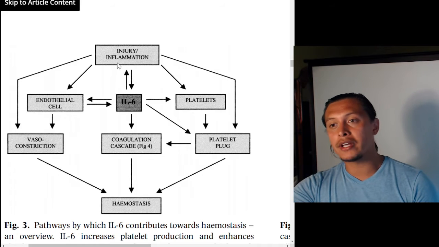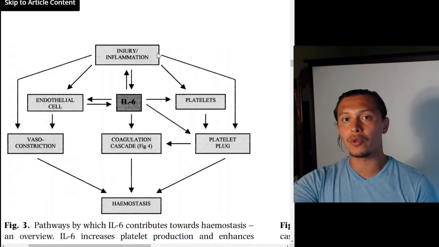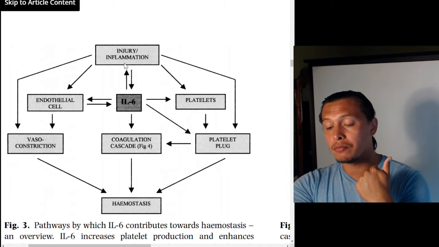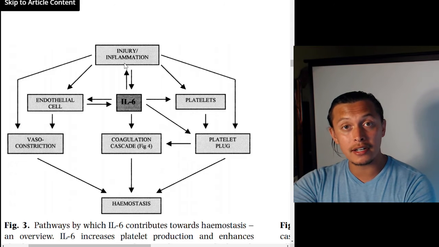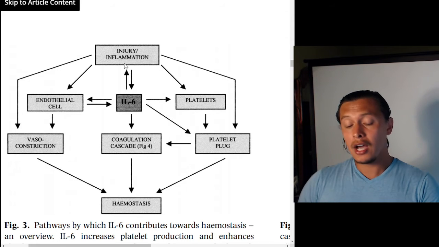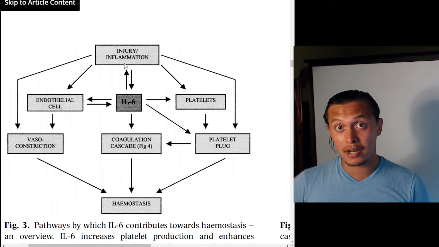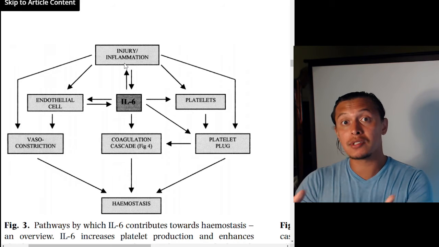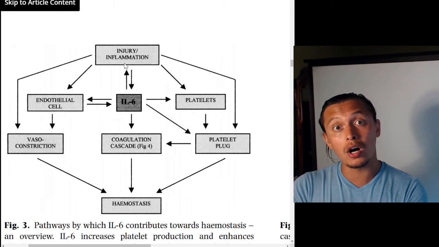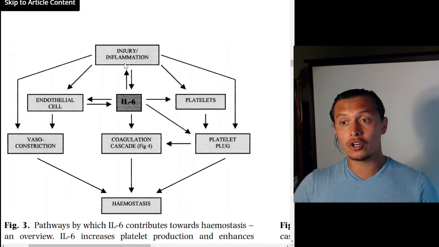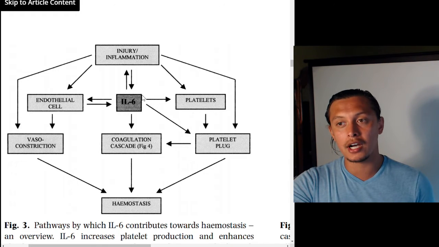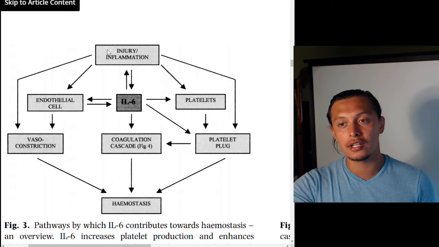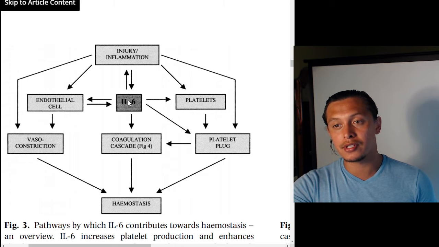So here we have injury or inflammation. Things that could be injury or inflammation could be cutting, or the iron that is existing causing these oxidative species, or the Galectin 3 binding protein and the Galectin 3 causing the white blood cells to dig themselves into the walls of the vein. All of those could cause this interleukin 6 production. So here they have injury and inflammation interacting with or causing the endothelial cells to possibly produce interleukin 6.